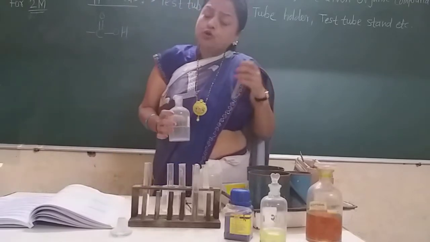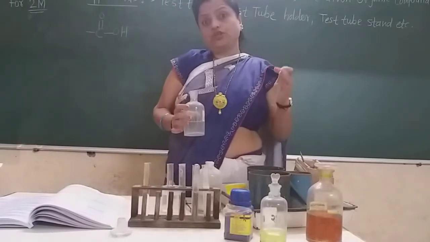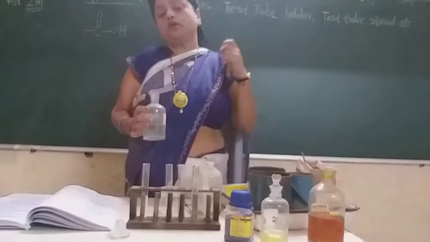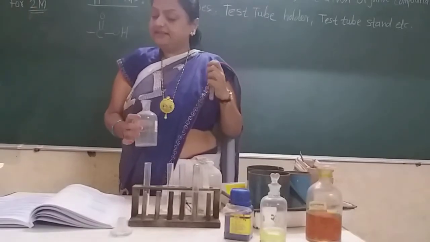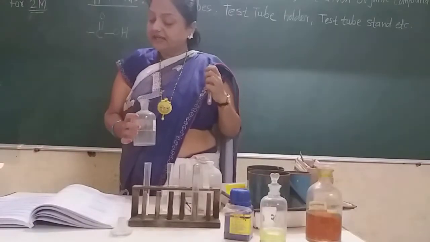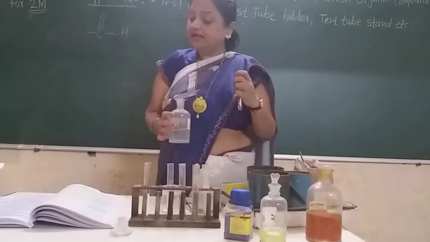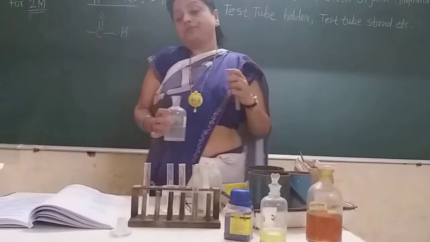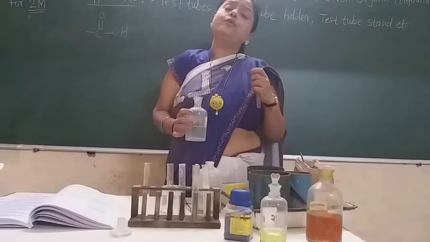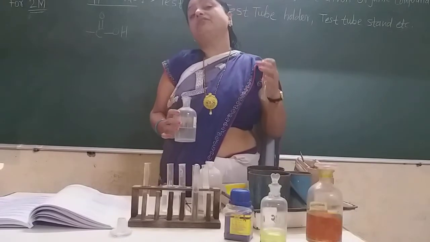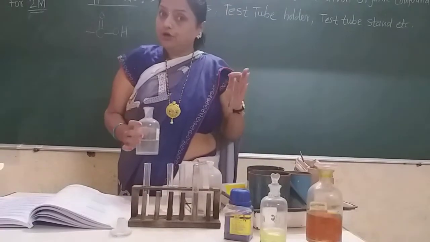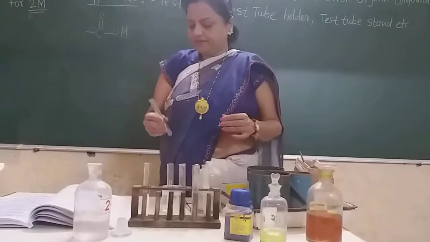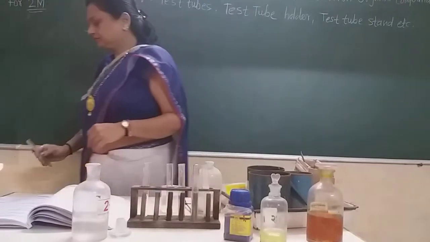Now we have to find out the next functional group. Then what is the test? Now if the phenolic OH group is present there, then the test is the test substance plus a little neutral FeCl3 solution, and then see what color there will be. If there is a green or blue color, then definitely the given organic compound has the phenolic OH group. Now let us do the test again on the same compound.